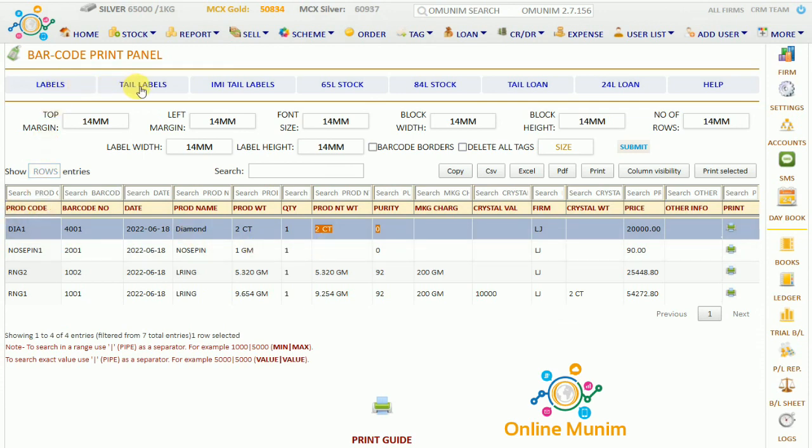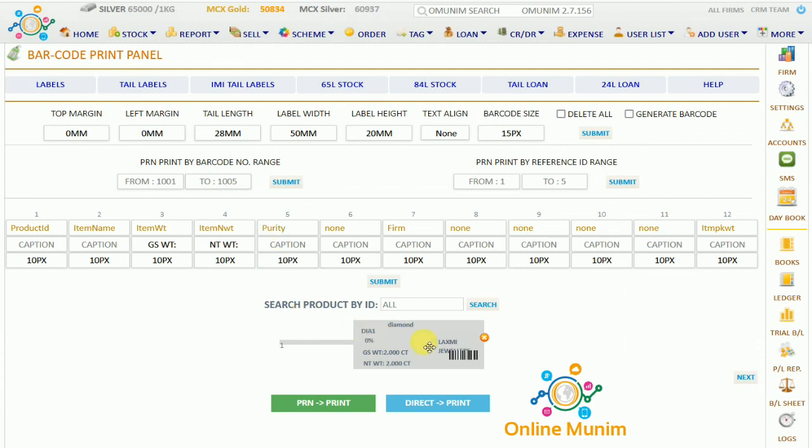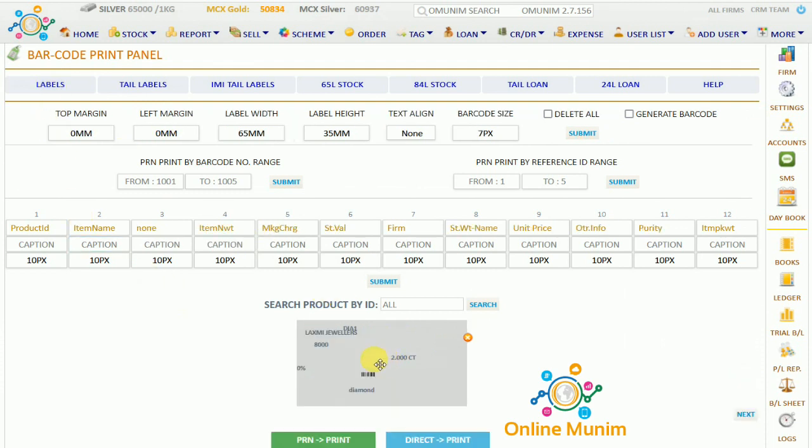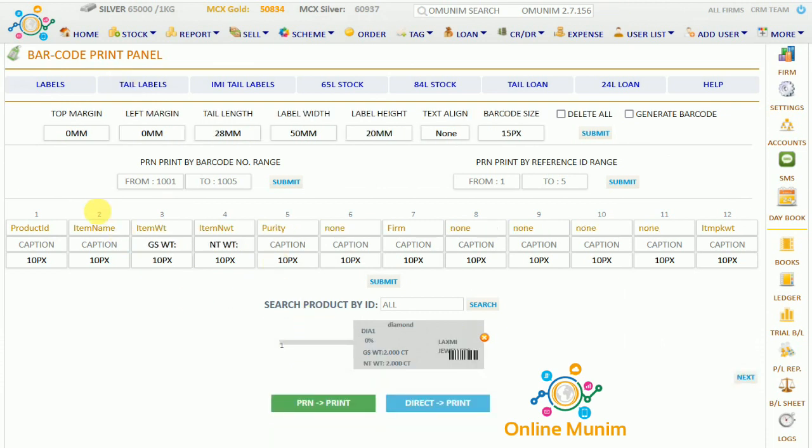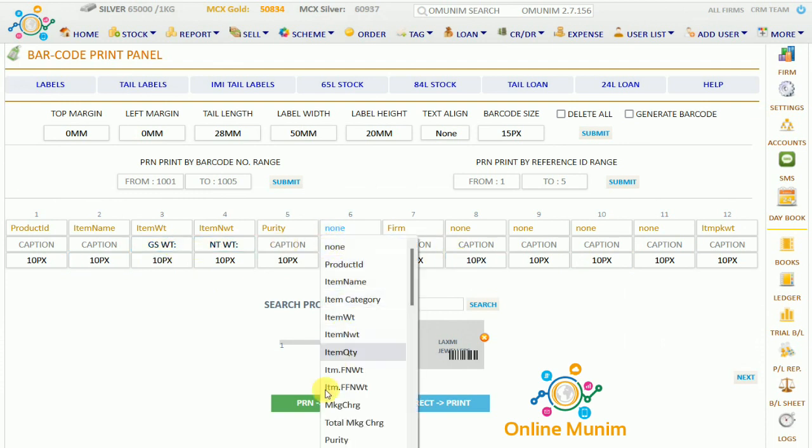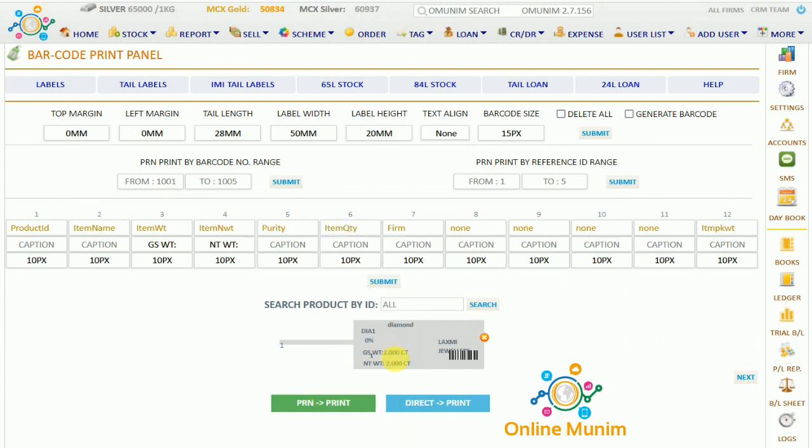Here we have tail labels. If you check on tail labels, if you have labels with the tail, you can print from this panel, and if you have only labels, you can print from this panel, okay. If I check on tail labels, you can see we have 12 options here. Whatever details you want to show on the tag, you can choose from the panel, okay. If you want to show quantity, I choose quantity. So the quantity is displayed here, as you can see, the 1,